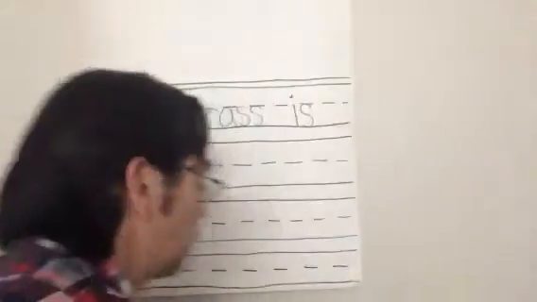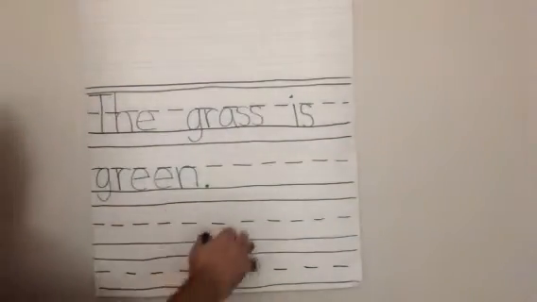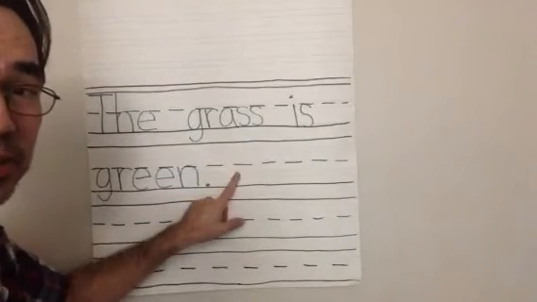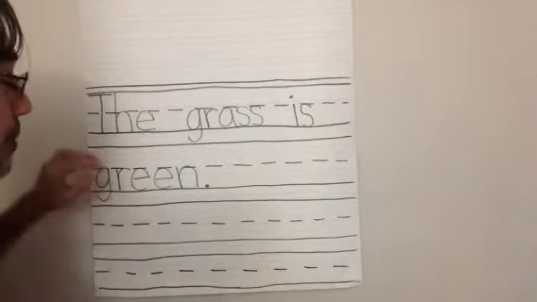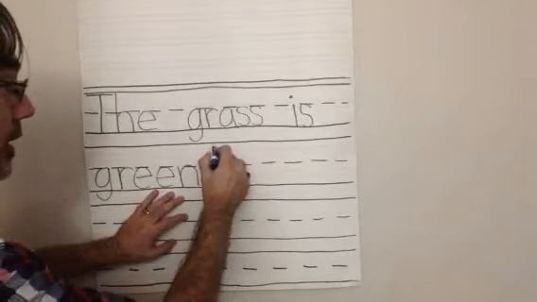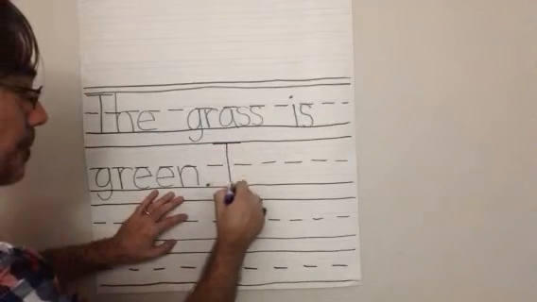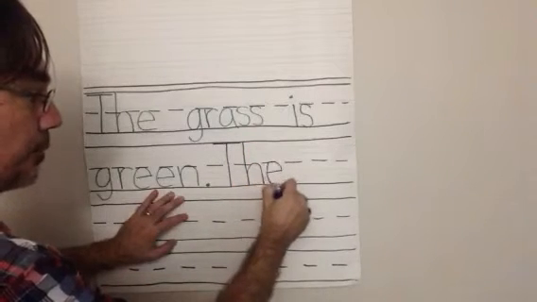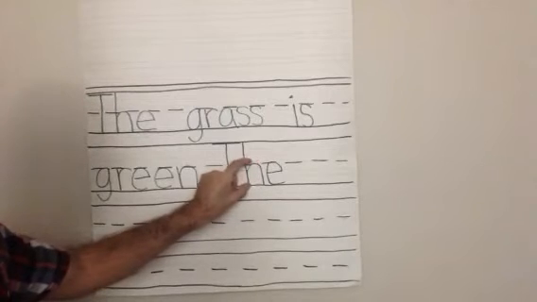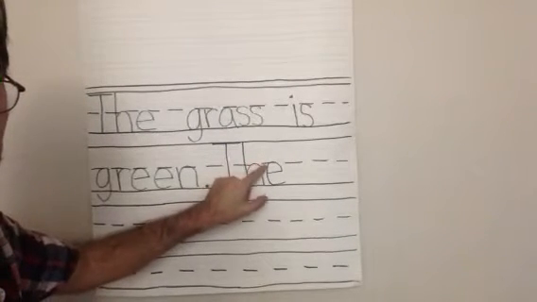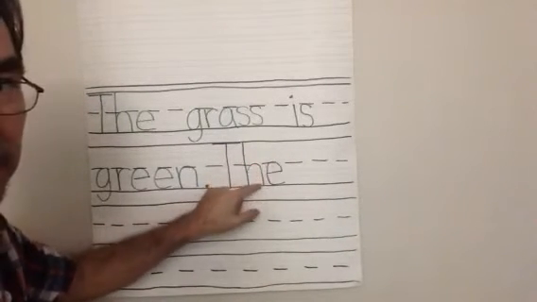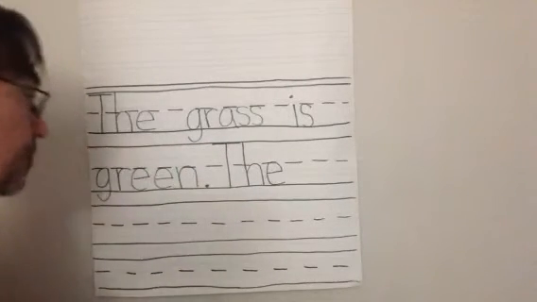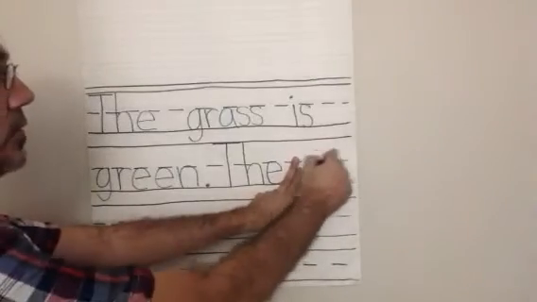Let's do that. I'm going to start where I left off. Because it's a new sentence, we've got to capitalize it. So we're going to start off with the. The, T, H, E. And notice again how my lowercase letters are staying right here. Once I reach that dotted line, that's where I'm keeping them. Now if they have a tail or a stem, then it goes up above. So the tree, T-R-E,